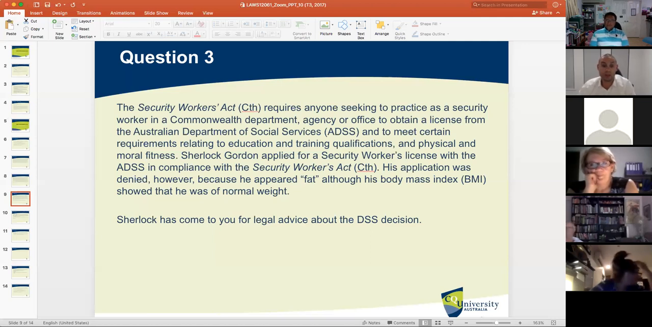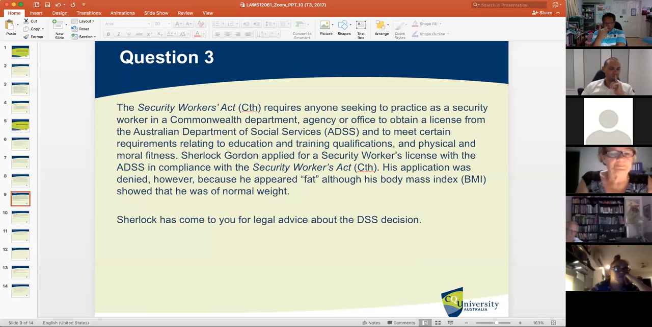I think this has been debated before on Facebook. I've changed the facts because the facts here now say he appeared fat. It does not say he is overly obese. This is different. The facts now say that he appeared fat, although his body mass index showed that he was of normal weight. In the facts of the quiz, I said he was overly obese. Here I said he appeared fat. Okay, so having said that,